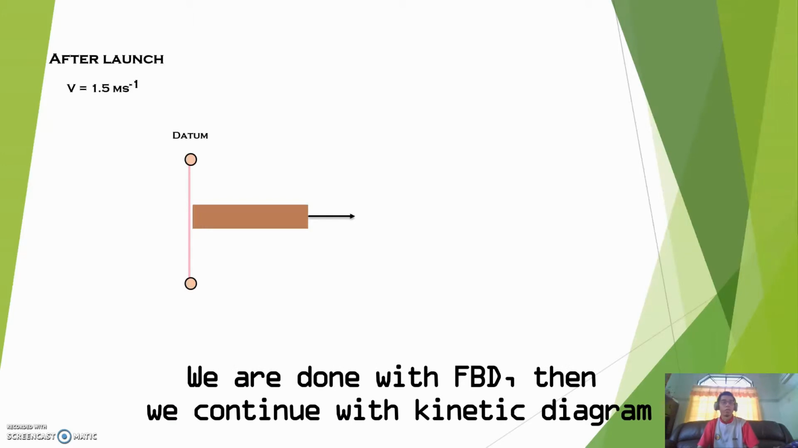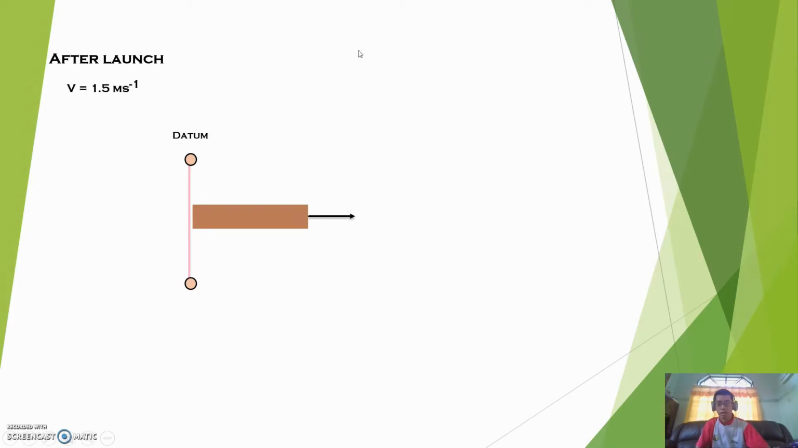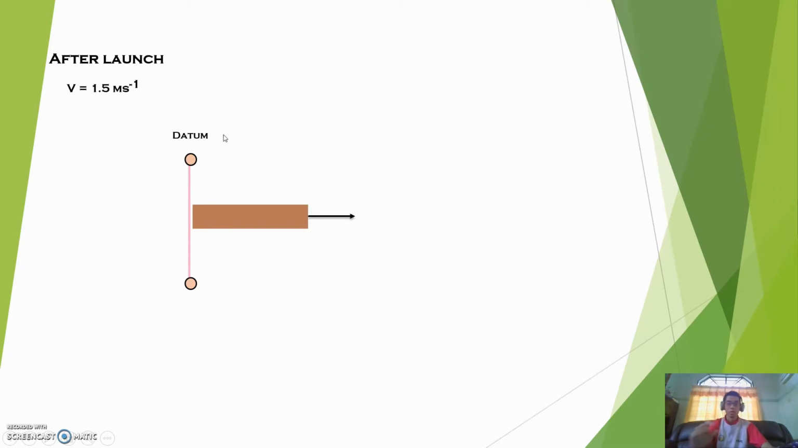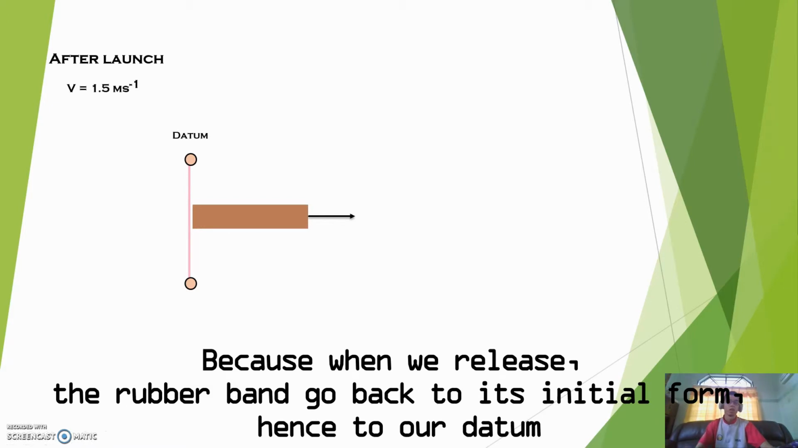Okay, we are done with the free body diagram, and then we will continue with the kinetic diagram. From this diagram, we can see that the datum we're talking about is this, because when we release our potential energy, the rubber band will go back to its initial form and go back